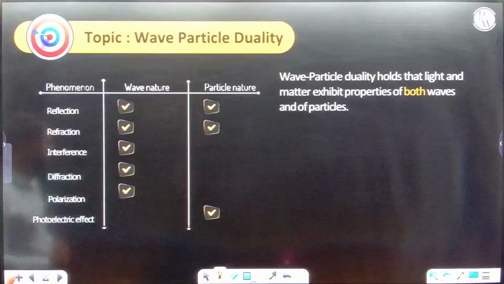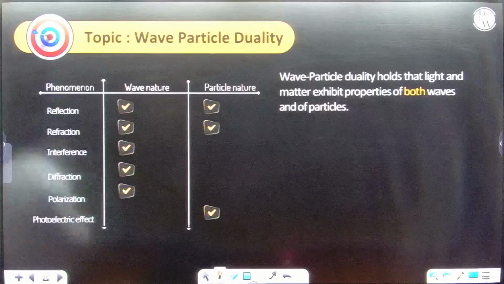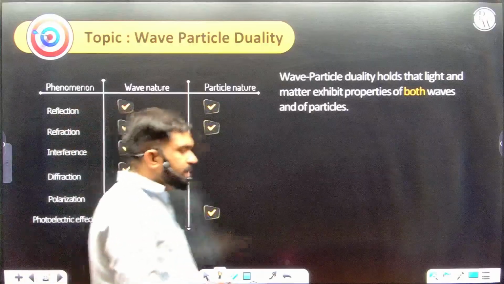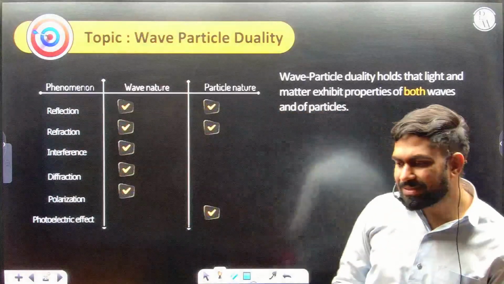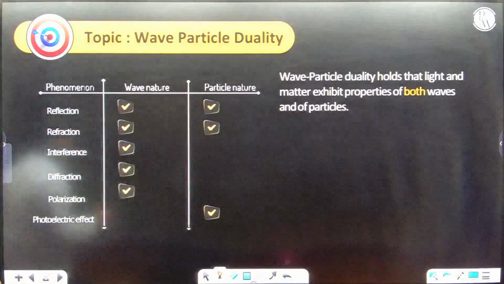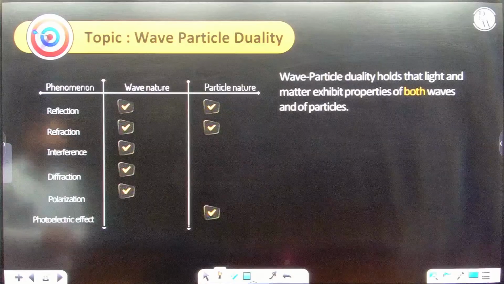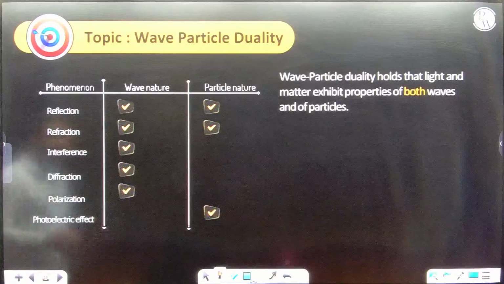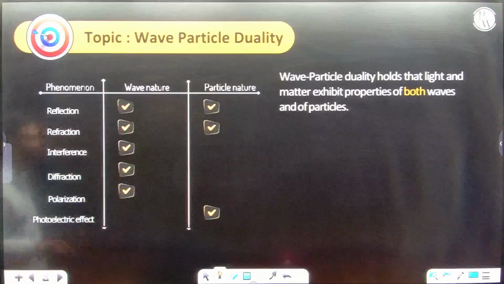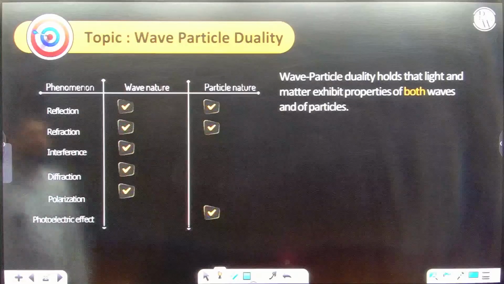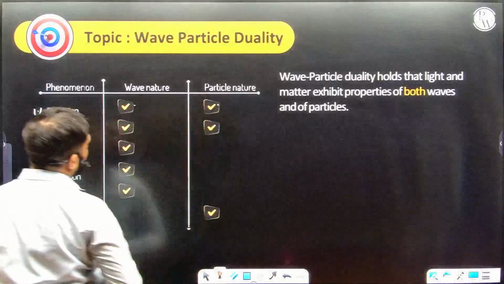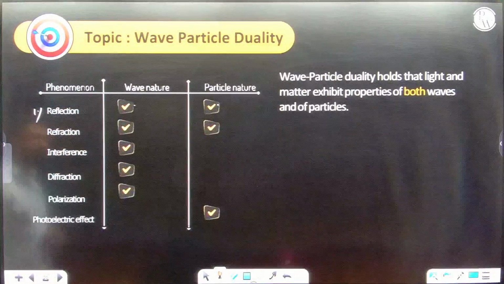Wave particle duality, before proceeding to the dual nature of matter. To exhibit dual nature, we must have some parameters which can decide or judge either of the natures or both. So they are asking which of the following optical phenomena can tell us about the dual nature of light, either the wave nature or the particle nature. So the reflection phenomenon can be explained by the wave nature as well as the particle nature. Both wave and particle suffer reflection, correct?